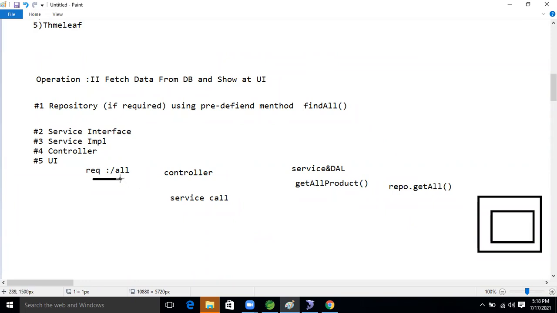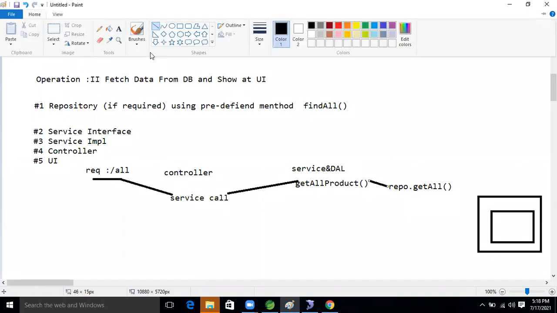So what is the working functionality now? Our request will come to our controller class. Controller class will call the service method. Again the request will come to our service class. After that, service class will call the repo, the DAO data access layer. Inside that, repo dot get all method. Sorry, find all method, not get all.